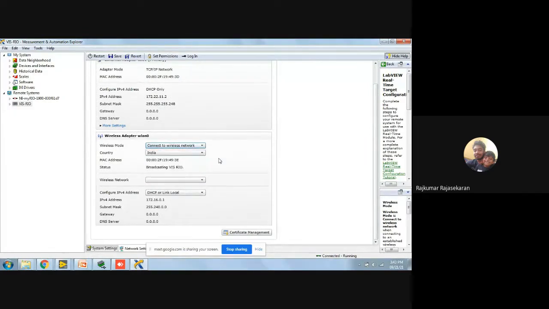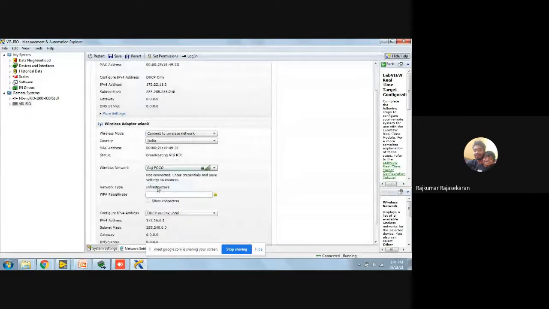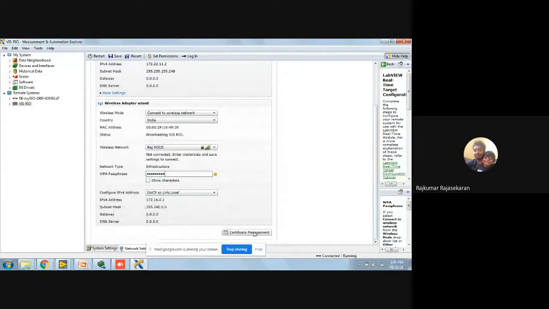I just change it to connect to a wireless network, and I will switch on my cell phone hotspot, because when it is in hotspot mode, I can connect to the internet as well. I'll search for my cell phone, set the password, and say save.